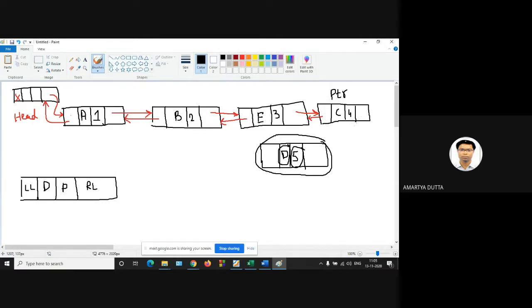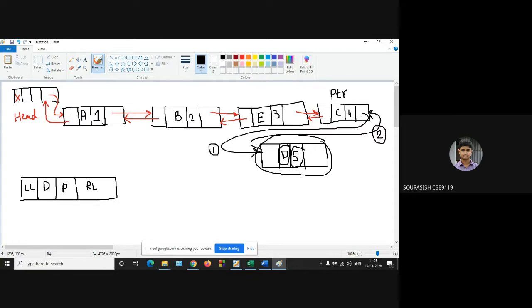Now first of all, you have to create a link from this to this. So this is your first operation. What is the second operation? This is your second operation.